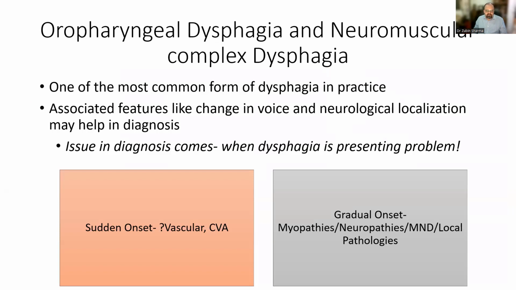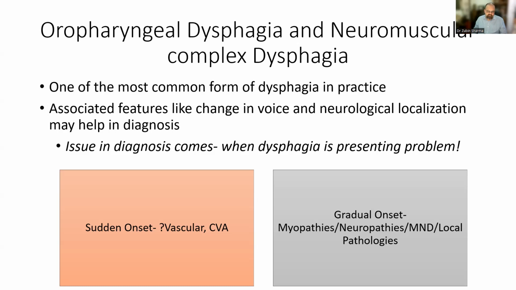You can easily identify if there are associated features like a change in voice, or some neurological localization, or the patient is already diagnosed with a neurological disorder, so it becomes pretty obvious. But the issue comes when the diagnosis is actually based on dysphagia itself, and dysphagia is a presenting problem. In those cases, you can still think of some disorders. If it's a vascular event, it will probably be a sudden onset,